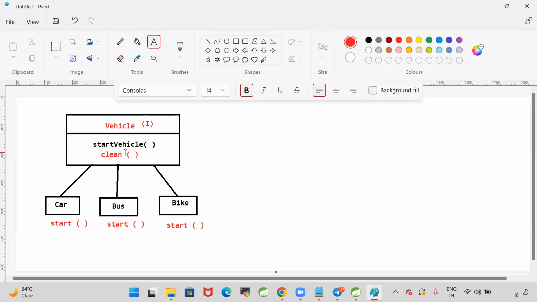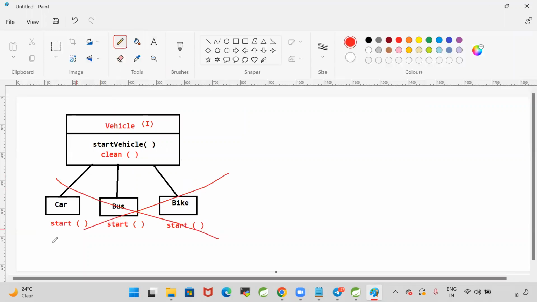Earlier, there was only one abstract method. My classes are implementing that abstract method. But today, as per the new requirement, I have added a new method in the interface. When I add a new method in the interface, all these three classes' compilation will fail. Is it supporting the new functionality? No. To avoid this problem,